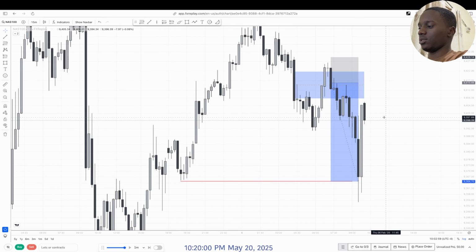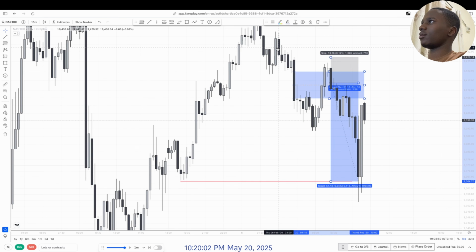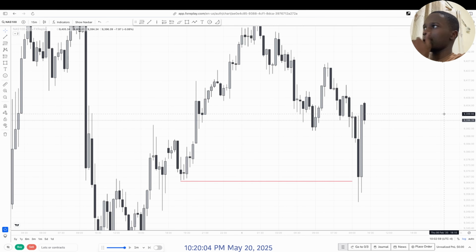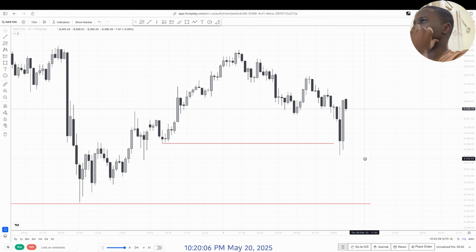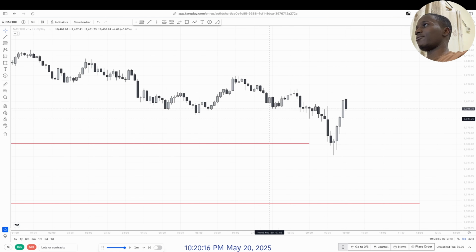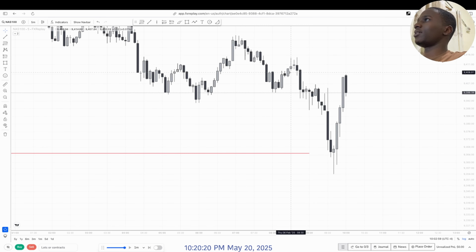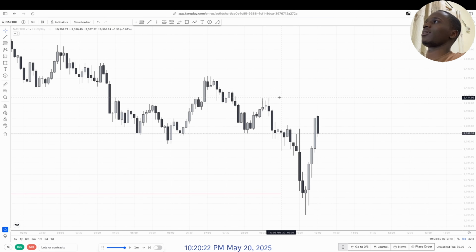So next thing is now to target the next level of liquidity, which might be this one. But with that, we need to rebalance a bit, so that's why it came up here. Another fair value gap, another order block. 5-minute, can we get another entry? Yes, we are in a good order block, so I think we can have a small sell. Maybe we can have a small sell.